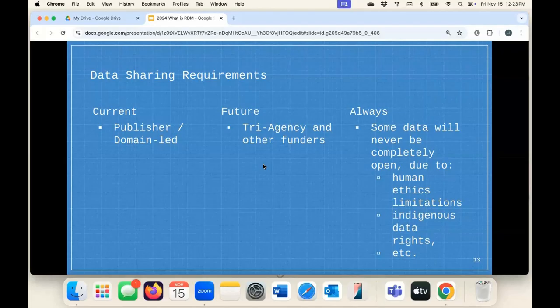At the publisher level, we are seeing more and more requirements for data to be shared. For example, if you publish a manuscript and it's accepted to the journal, they'll also want you to share a data file with supplemental information, and you've probably seen these as you read papers for school. Or they will want you to post that work somewhere and send them a link to the document. That's happening more and more. They want you to post it in your own local repository and then just link to it, because then they don't have to take care of it, right?